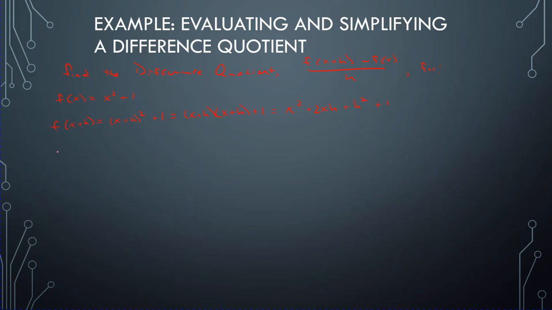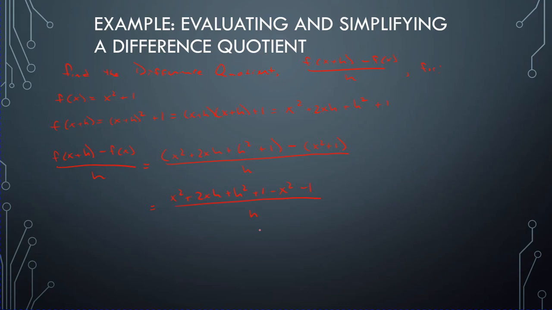So now your difference quotient becomes f of x plus h minus f of x all over h. Let's just plug stuff back in. What is f of x plus h? Well, it's this expression here, minus f of x. What is f of x? Well, that's x squared plus 1, all over h. Now let's simplify. This is x squared plus 2xh plus h squared plus 1, and then distribute the minus: minus x squared minus 1,